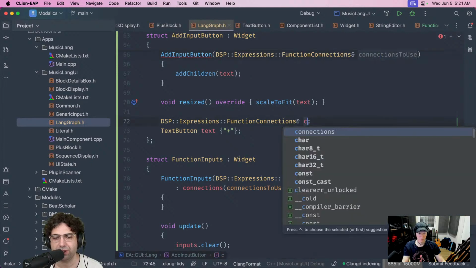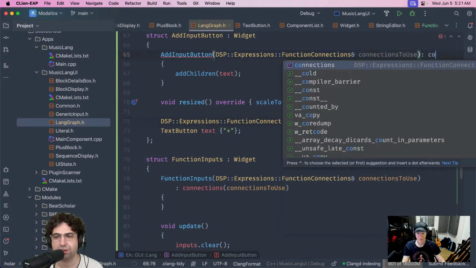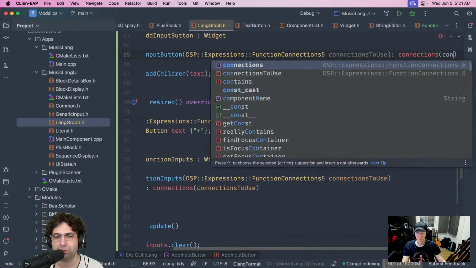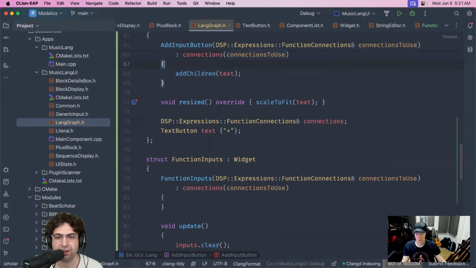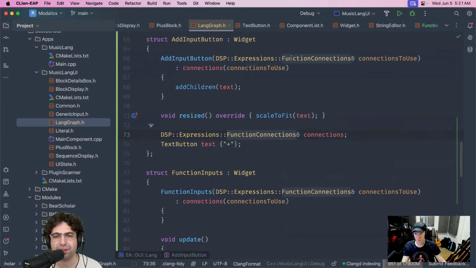So it's going to be called connections. Connections will be initialized with the connection that I'm passing in. And then I should be able to create an actual function here. I probably don't need to even pass this entire thing, but I can just pass the function probably. But yeah, it's just, I guess, a hacky way to do this just for now.